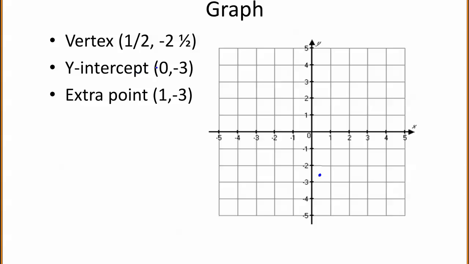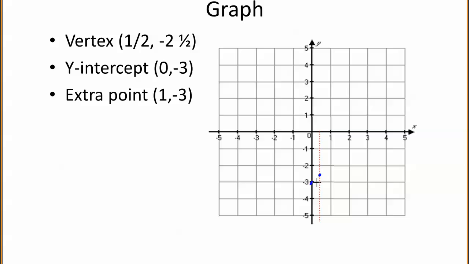And then we know that the y-intercept is 0, -3. So 0, -3. Now, our imaginary axis of symmetry is right there,